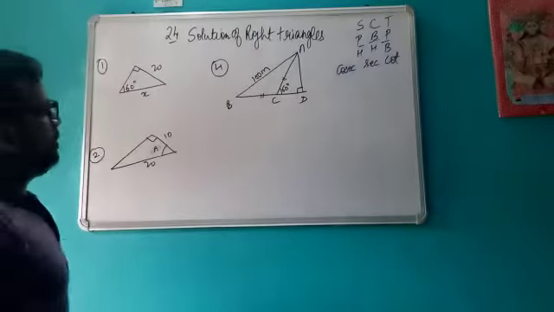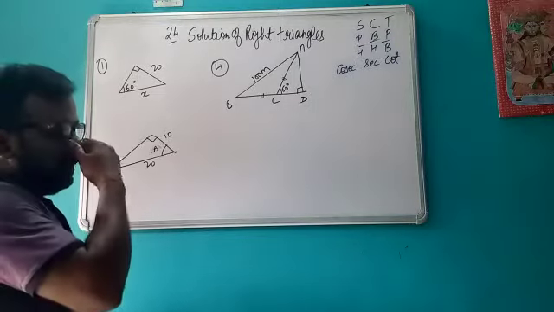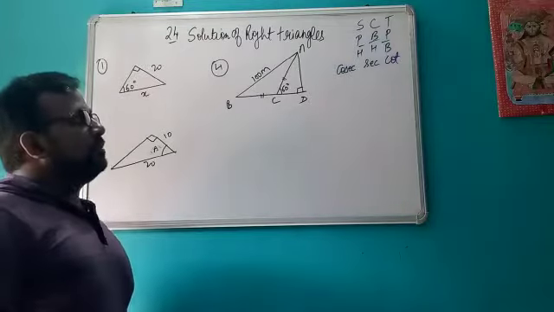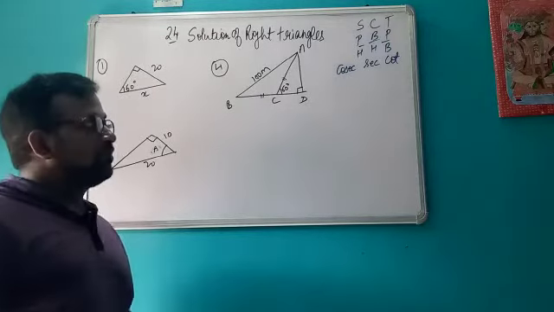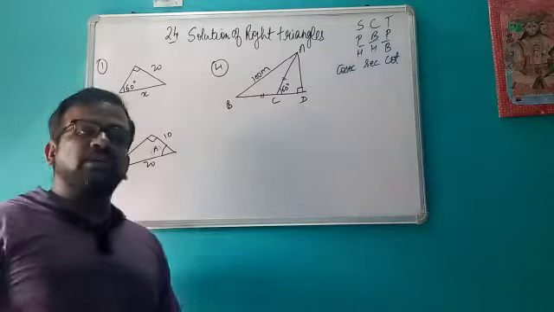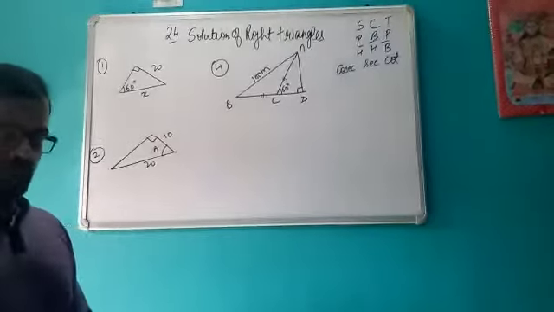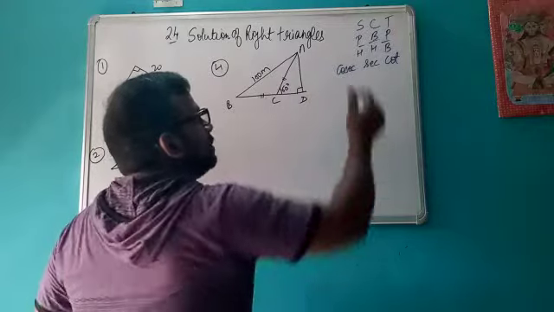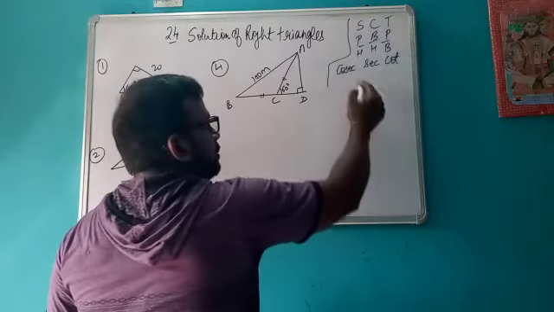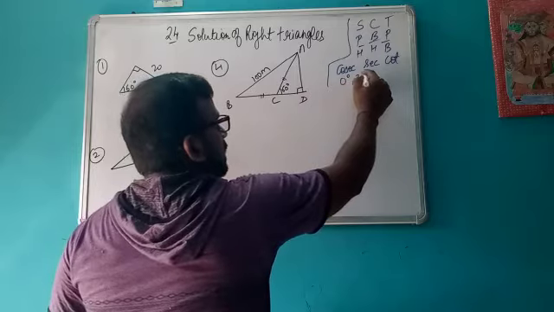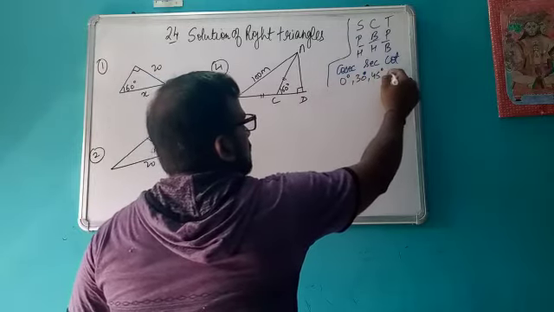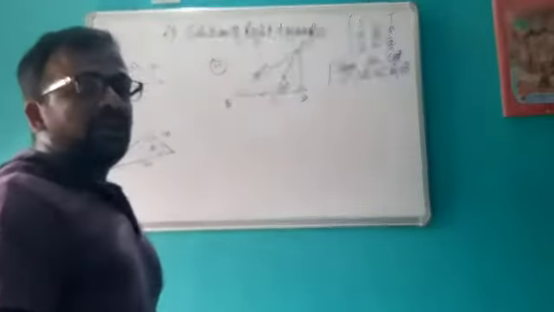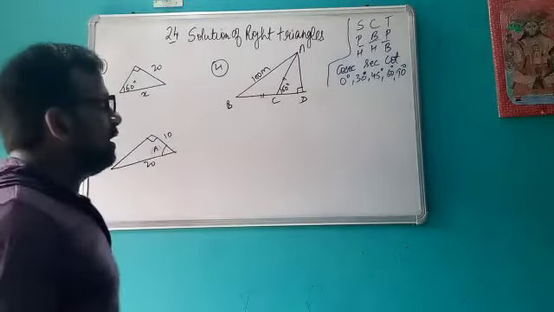Okay, so let's start the new chapter, that is solution of right triangles. In this chapter we will use all the concepts that we have studied in the previous chapters, chapter number 22 and 23, that is the standard trigonometric ratios as well as the values of standard angles that we have studied. For example, let's have a review. So these values and these ratios we will use to calculate the unknown sides as well as unknown angles of a right angle triangle.